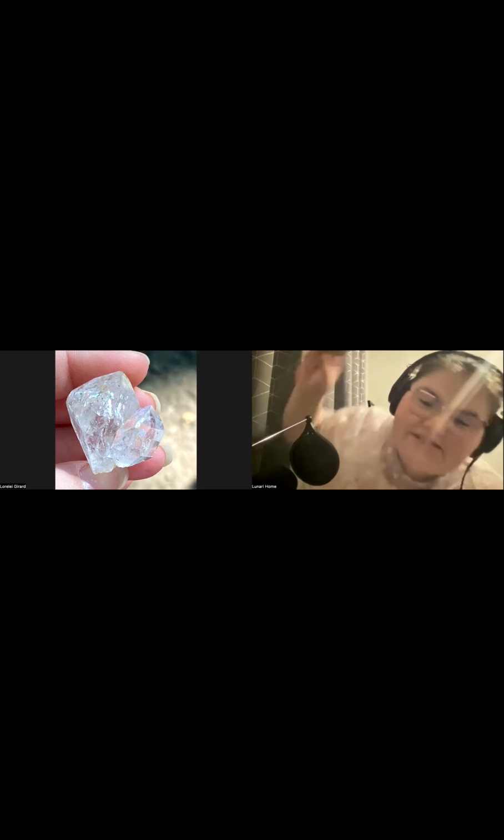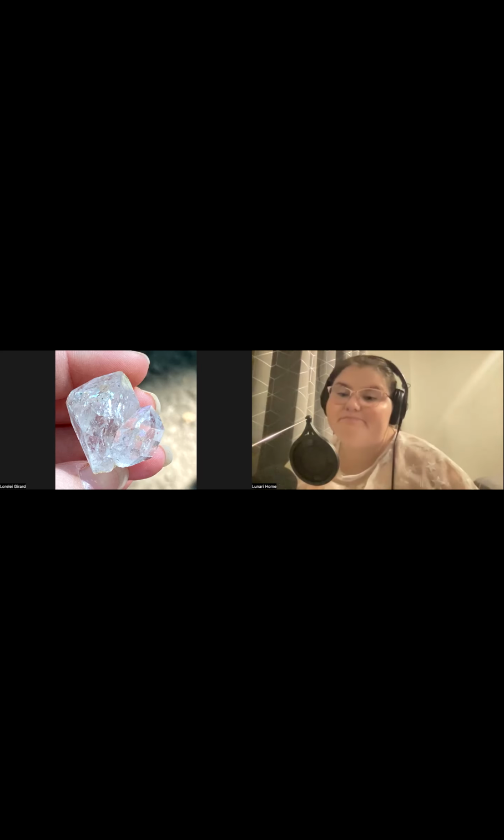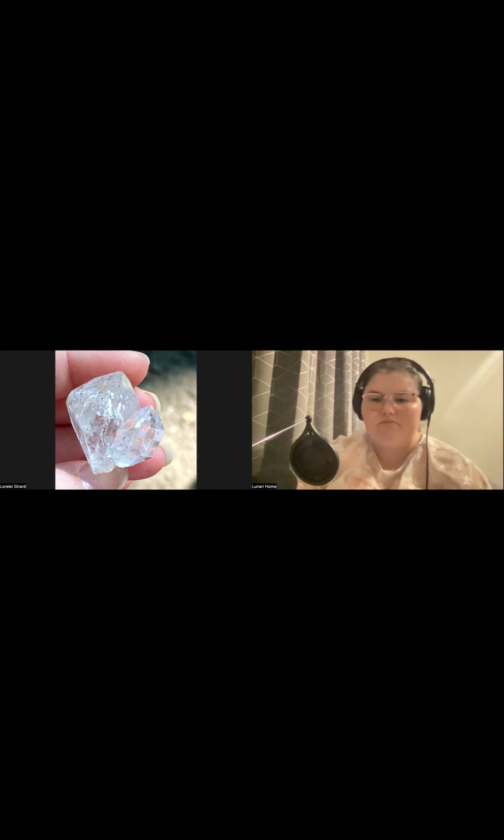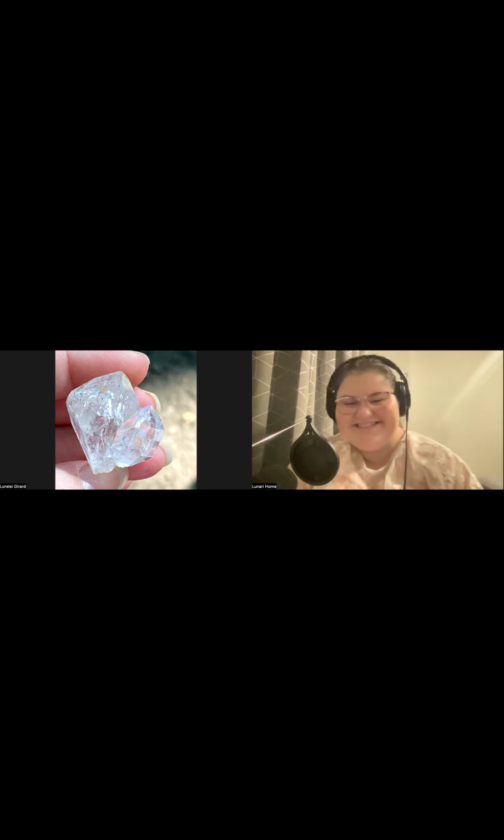Typically jasper forms when the silica-rich liquid, I guess, I don't know if that's the right word, flows through the volcanic, and what's it called, igneous rocks.